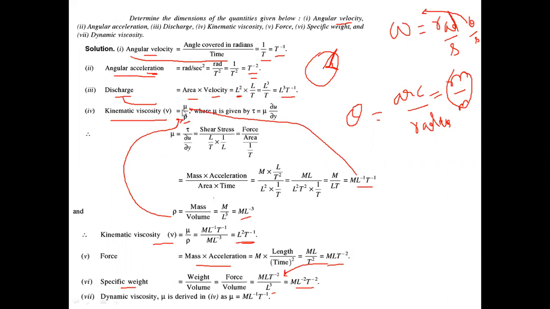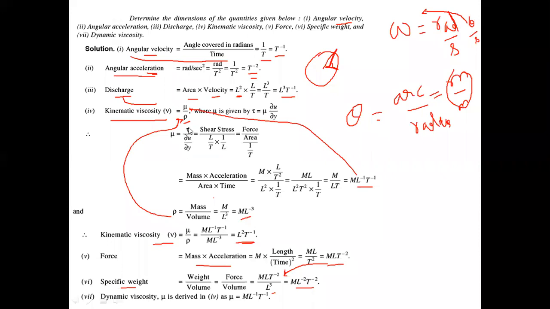काइनेमेटिक विस्कोसिटी किसका? You can say ratio of mu by rho, ओके, dynamic viscosity and density. But in this case, we don't know the primary dimensions of mu, and we don't know primary dimensions of rho also. So first we need to find the primary dimension of mu. For mu, what is the relation? Newton's law of viscosity, tau is equals to mu into du by dy. So from here I can say mu is equals to tau divided by du by dy.